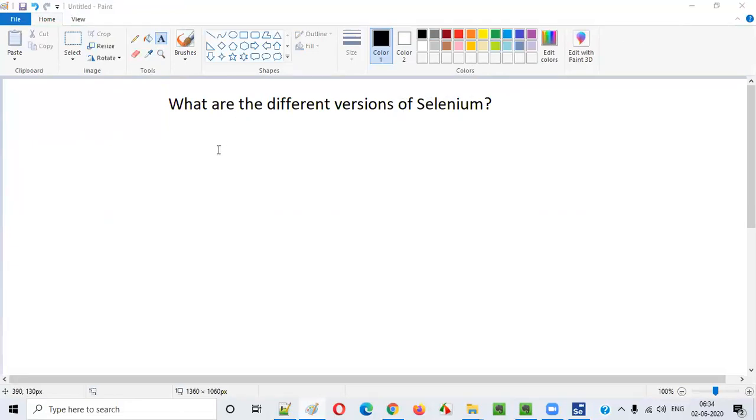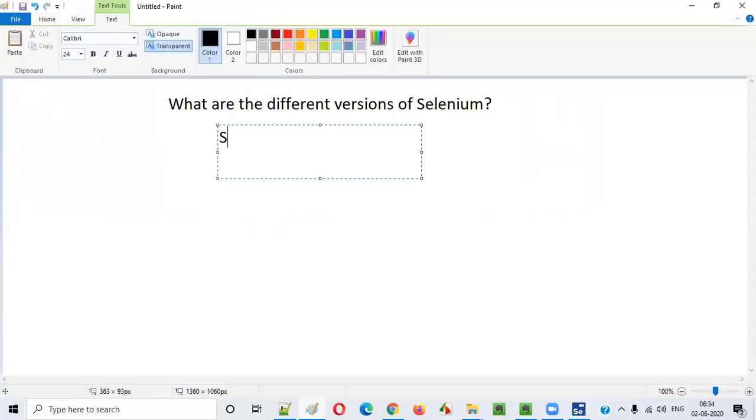Okay. So Selenium started with, you don't have to know much, guys. At a high level, just understand. Yes, seleniumhq.org is correct, Krish. What are the different versions of Selenium? Selenium 1 is the first version. Selenium 2 is the second version.